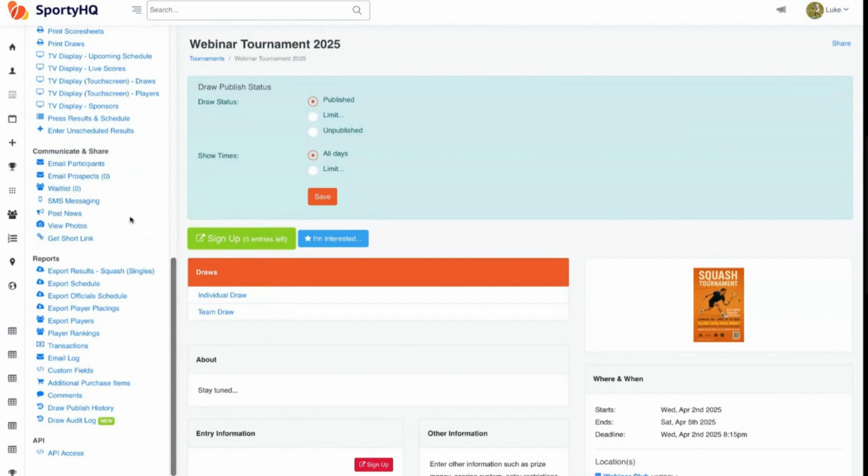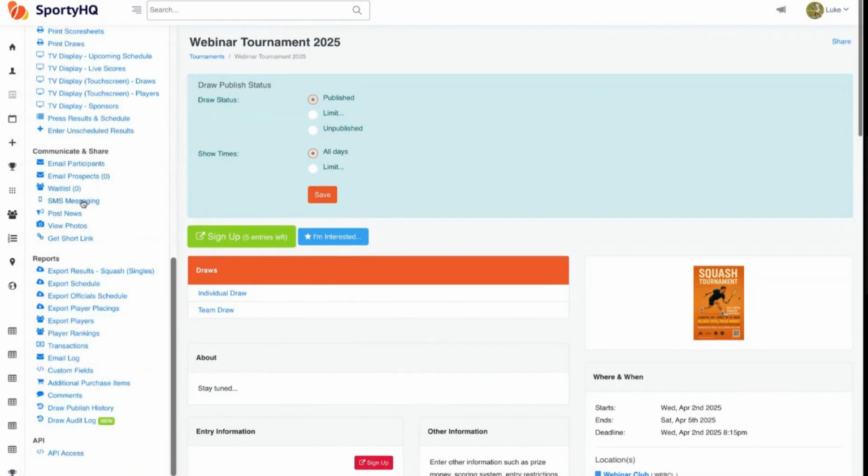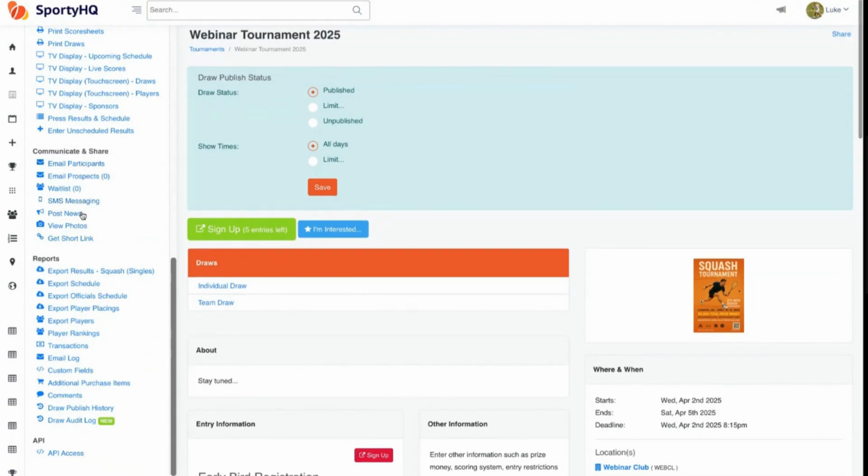Whether the full tournament or the draw itself is full, you can join the wait list. Then you become the prospects. So for when you click I'm interested, this blue button here, then you can see the wait list is the one below. If we've already hit the tournament, you can buy SMS credit and you can text everybody if you think that's a better option than bulk emailing. You can also post news, like we already have in multiple different entities there, posting news or announcements to the profile, and then the photo stream,